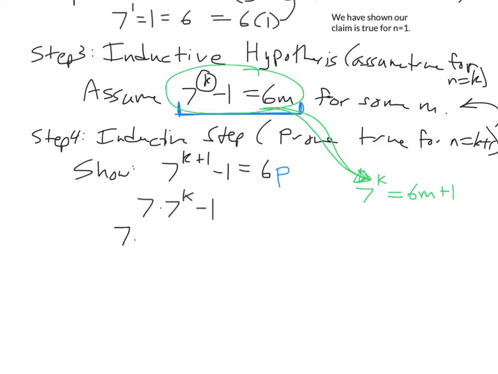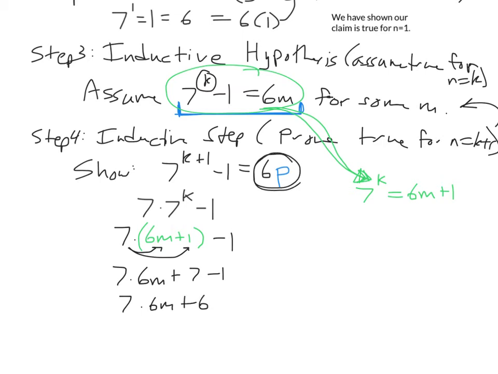I can do 7 times my expression for 7 to the k, 6m plus 1, and then still have my minus 1 on the end. Right? In doing that, I can now distribute the 7 through and get 7 times 6m plus 7 minus 1. Well, that plus 7 minus 1 is going to become 6. So this is 7 times 6m plus 6. But remember what my goal was. My goal was to show that this was 6 times some integer p. Well, look at this. These both have a factor of 6. So just factor out 6,